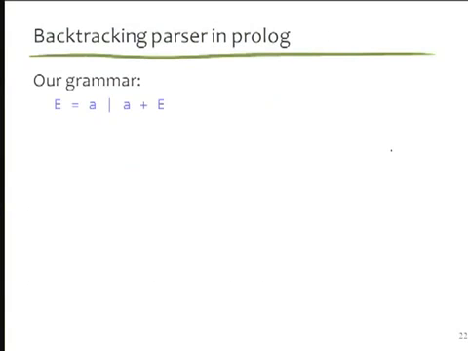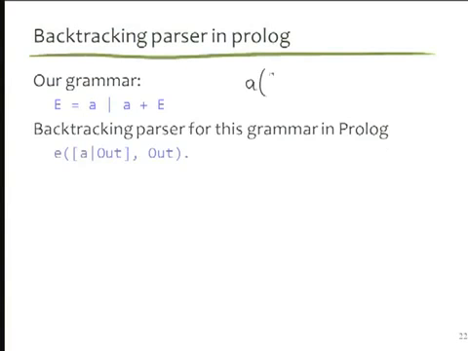So let's go with this grammar. It is not left recursive because Prolog, even though it has an oracle itself, is not all powerful, and it would actually loop forever on a left recursive grammar. We'll see soon why. And we'll write it like that. So we'll have one predicate, E, and the way it will work is that